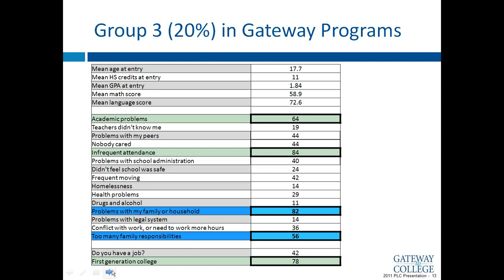Absolutely, and we see that too in these green areas, which again are issues for all of our groups, but their academic problems is a little lower than their attendance. They're really likely, 84% of them are identifying attendance as an issue, and as we know, that would go hand in hand with having a lot of responsibilities at home. So it seems that for this group, the issues that they're struggling with to be successful in school aren't about school itself, but are about managing school on top of whatever's happening in their other contexts.